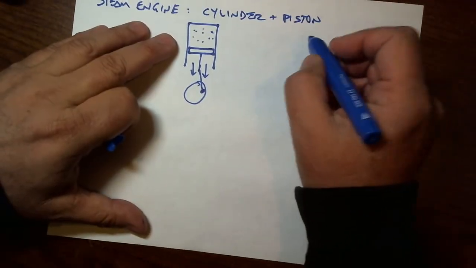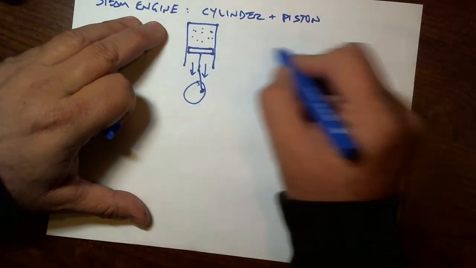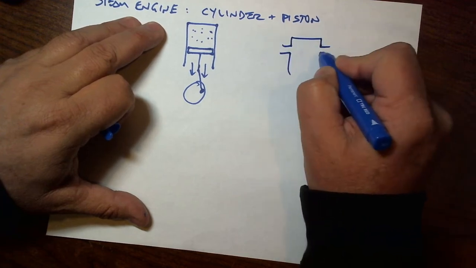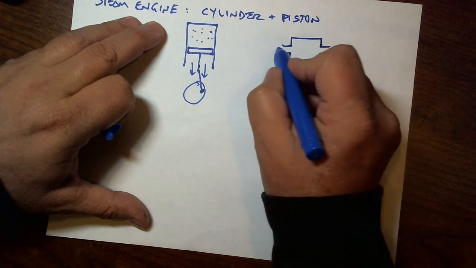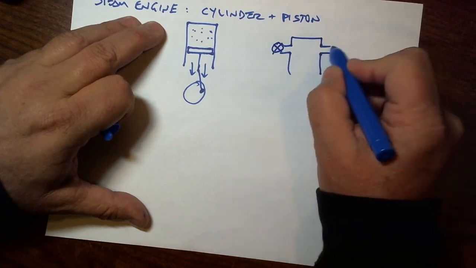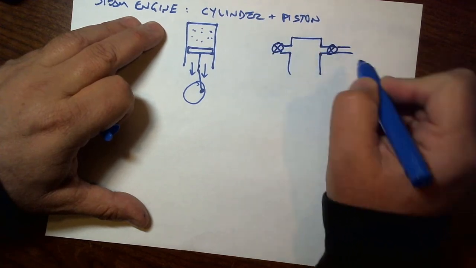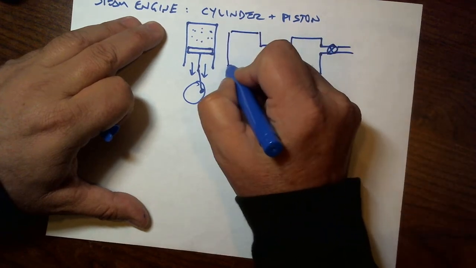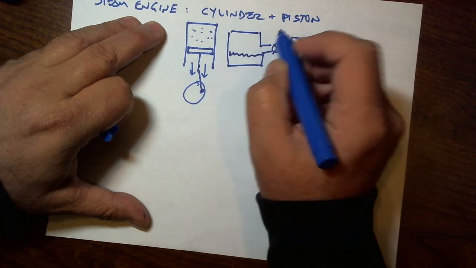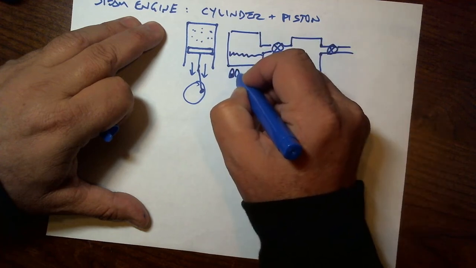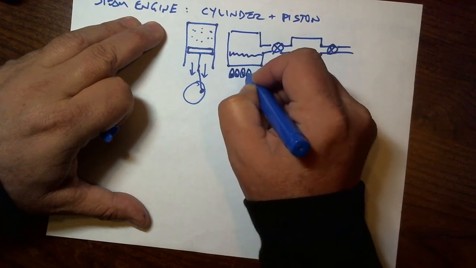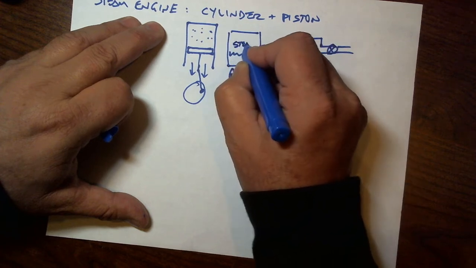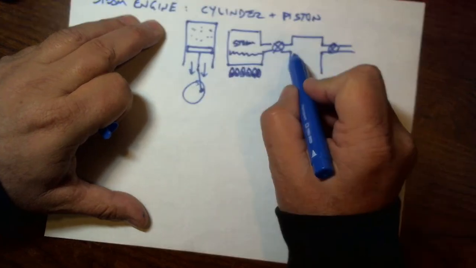So here's how it works. We're going to need this piston that I've got drawn here, and I'm going to draw it in a little more simplistic way. And what we're going to do is we're going to have a pair of valves. And this side is just going to vent to the air, but this side is going to be hooked up to a boiler. Tedious fire drawing again. So we're going to make some steam, and what's going to happen is we start with the piston at the top,